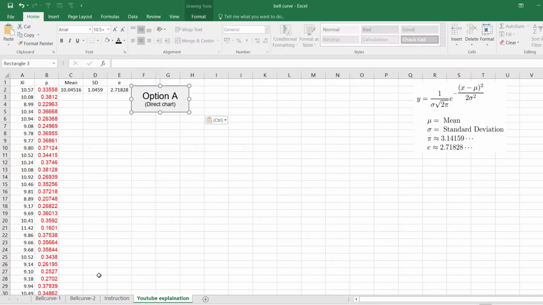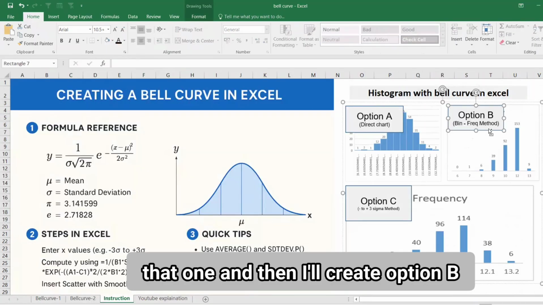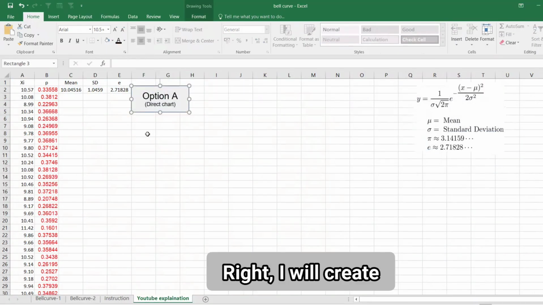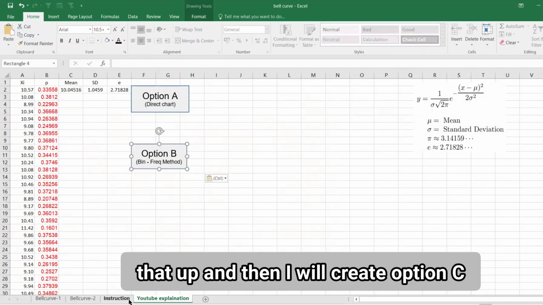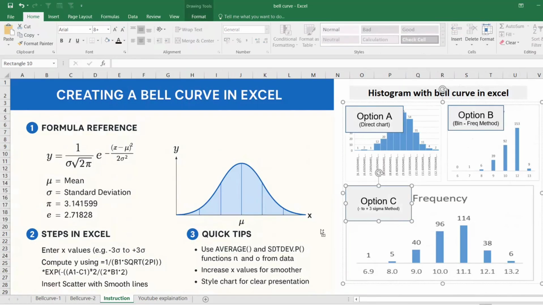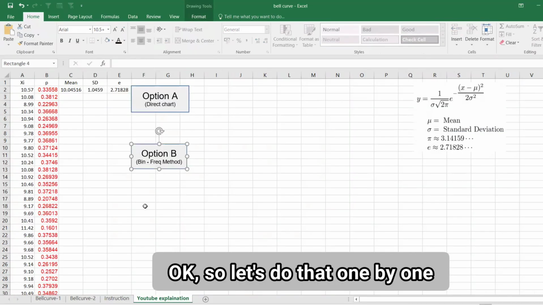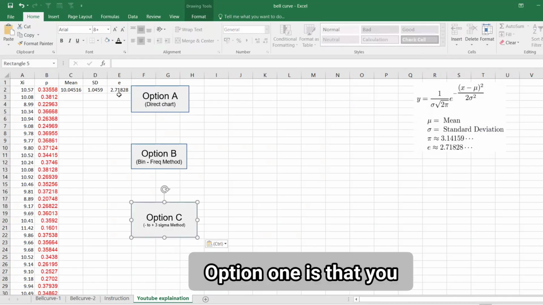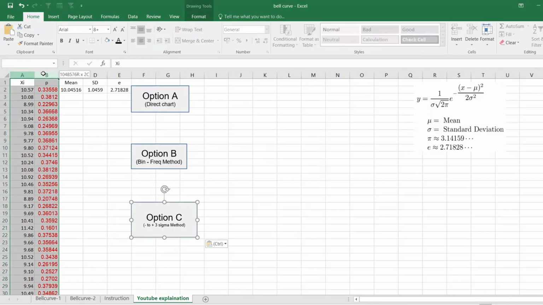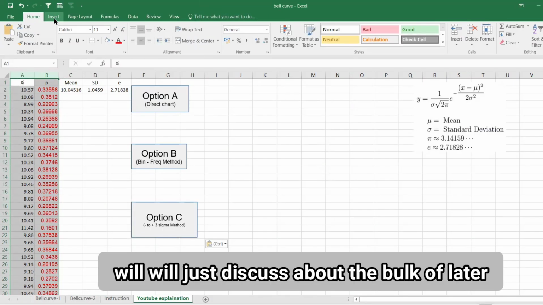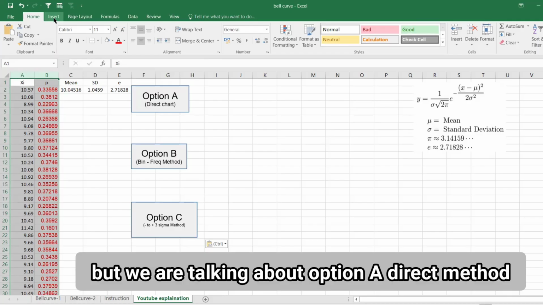I will create that one, and then I will create option B, right? I will create that up, and then I will create option C. Okay, so let's do that one by one. Option one: we'll discuss the bell curve later, but we are talking about option A,